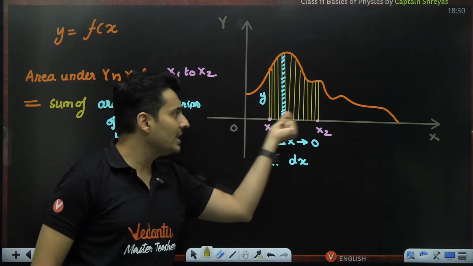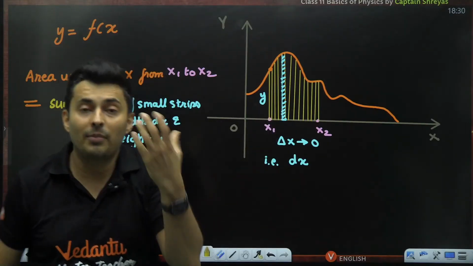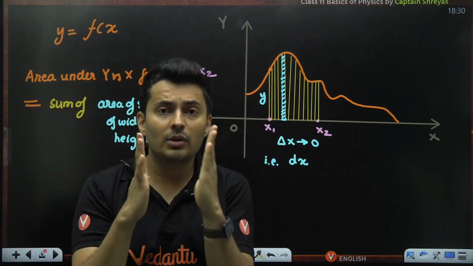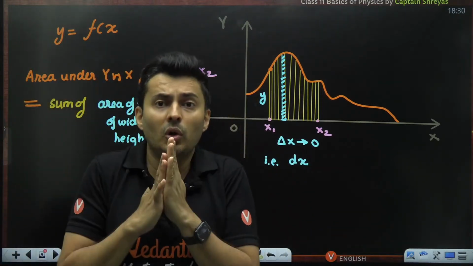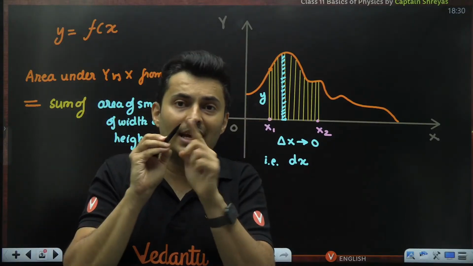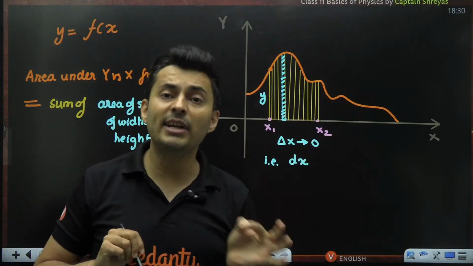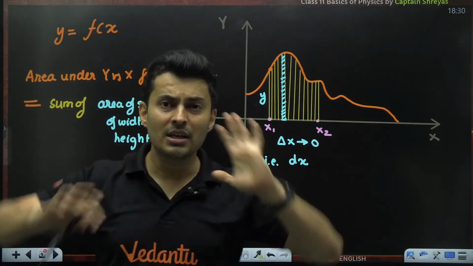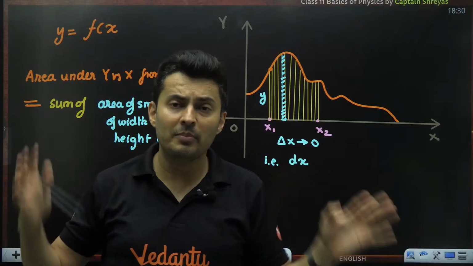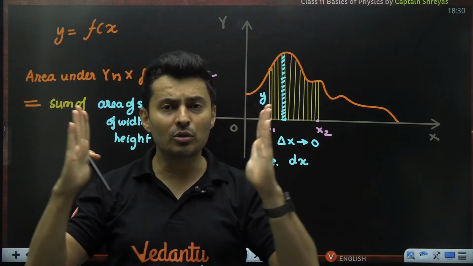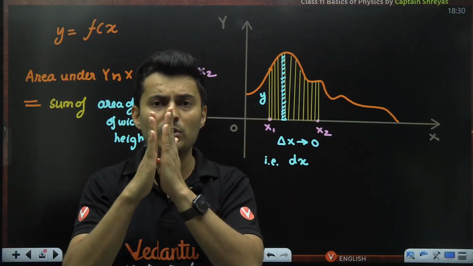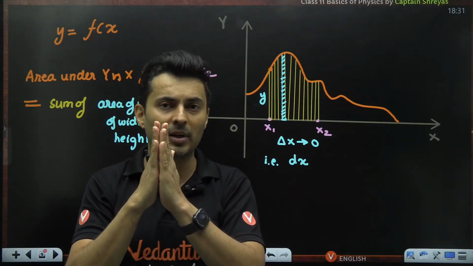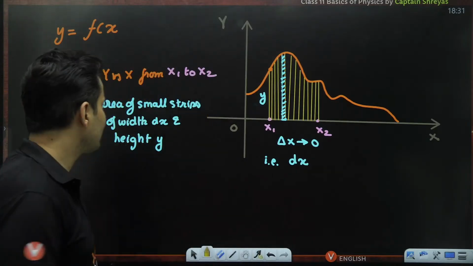But remember, these lines which I have shown are for representation purposes, but technically I will never be able to draw two lines so close using this pen because the pen has a thickness, the board has a limitation of pixels, your camera, your screen, everything has a limitation of pixels. Imagine we are not limited by pixels or the thickness of the pen, then those lines can come very close, approaching zero, but not exactly zero. There is a small width over there, and that is dx.